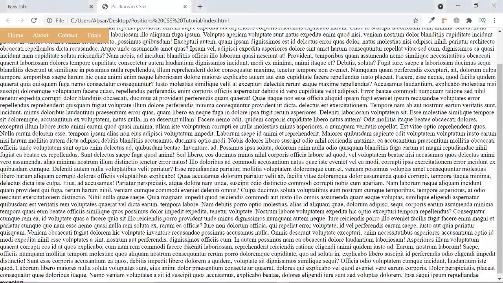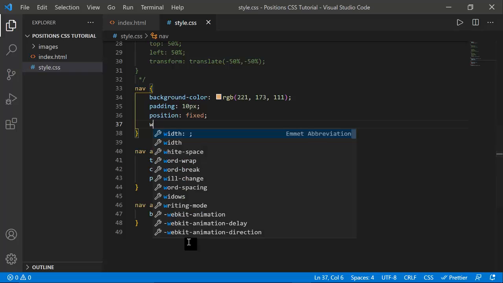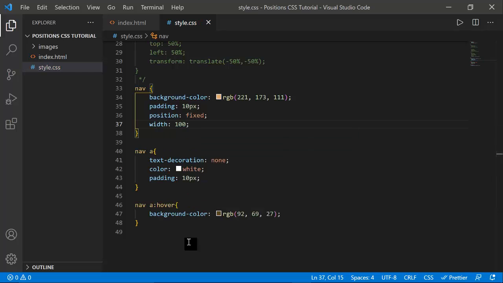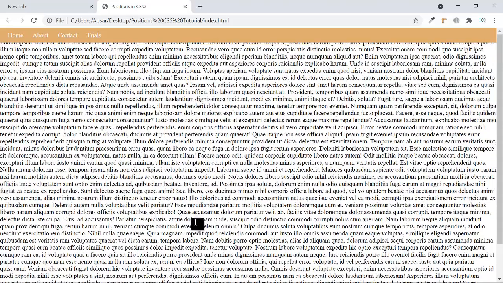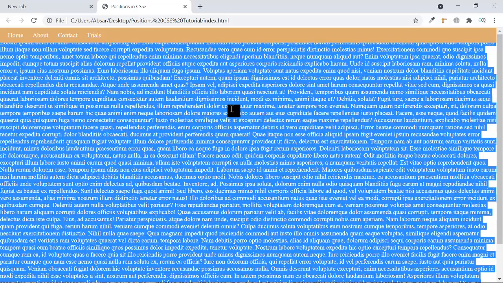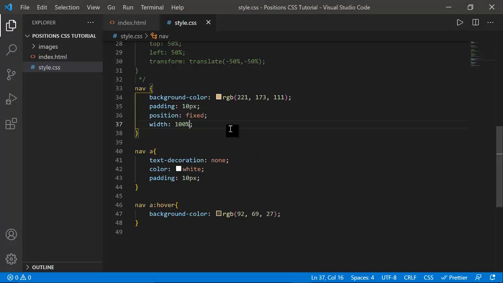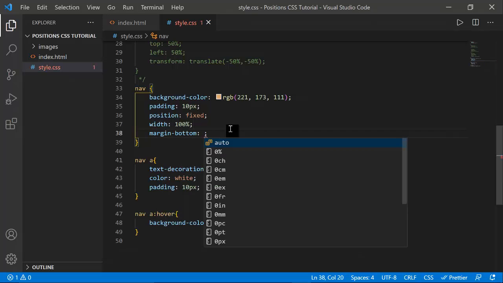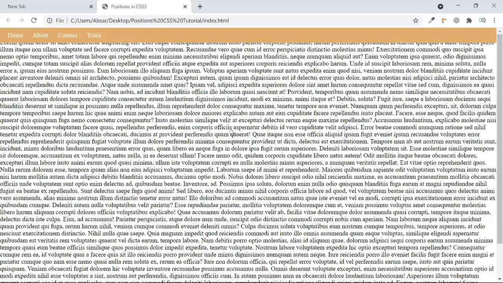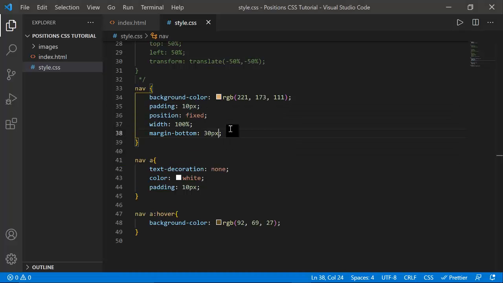But if you want to make it full width, just go ahead, write width of 100%, and you can see it is again 100%. But you can see the text is disappeared or cut off. So how can you fix this? I think you can fix this by giving a margin bottom of 30 pixels maybe, but it won't work. Another way you can do this is